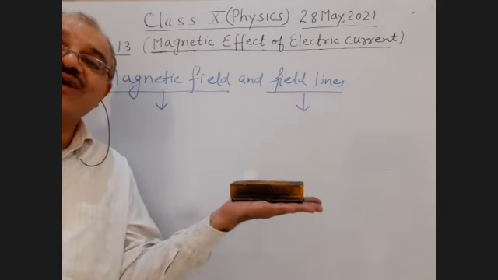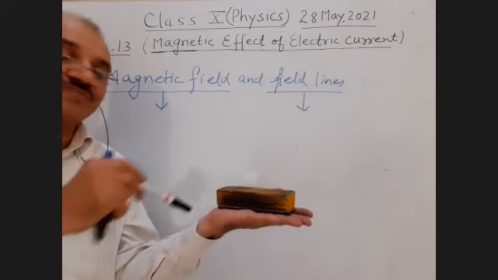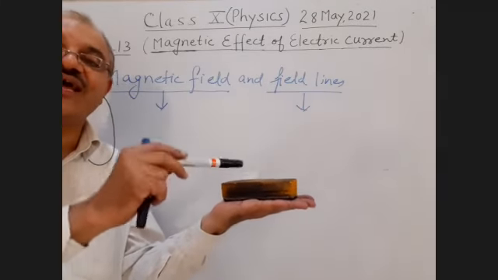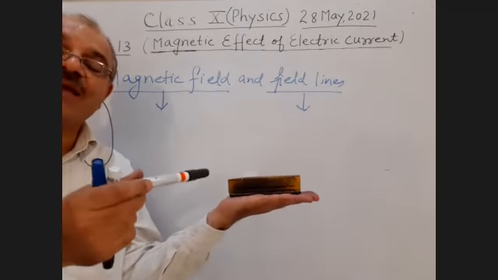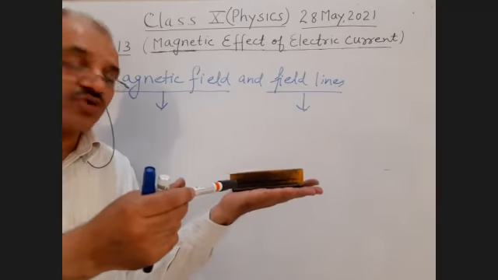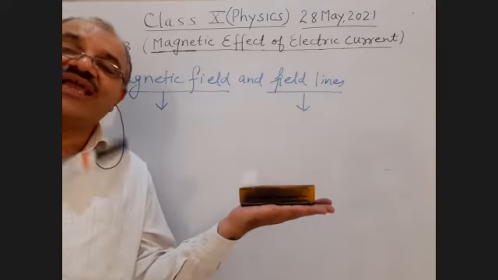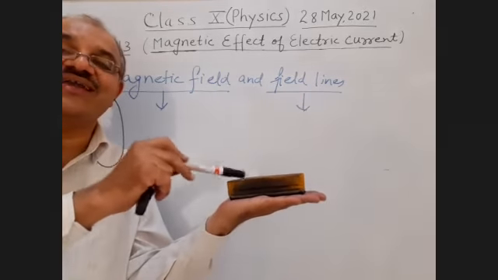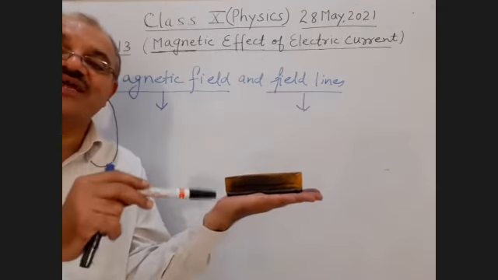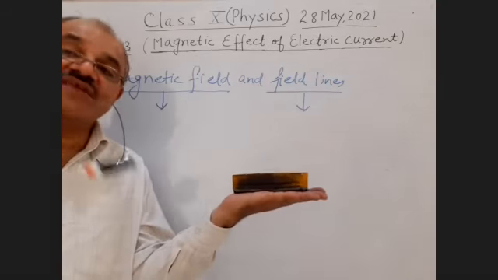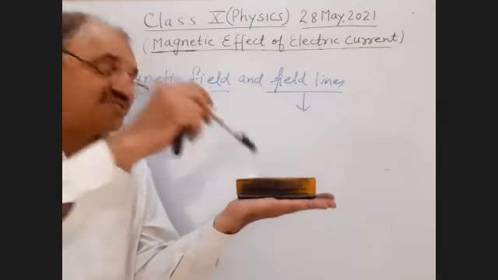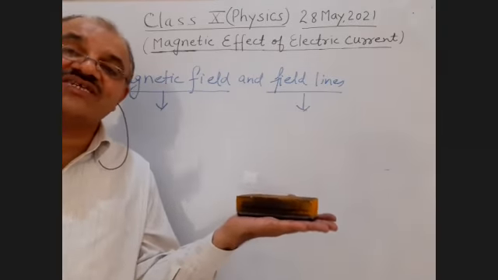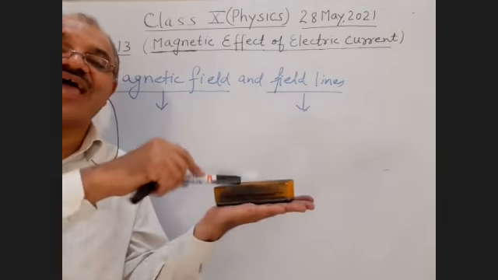अब स्टूडेंट्स, इसका इन्फ्लुएंस, इसका प्रभाव कितने एरिया तक है? जहां तक ये आयरन के पीसेस अट्रैक्ट हो रहे हैं, अगर मैं इसको थोड़ा दूर लेकर जाऊंगा, if I take these small pieces of the iron from this magnet, then they will not be attracted toward this magnet. It means now they are not in the region or in the vicinity or in the influence of this magnet.